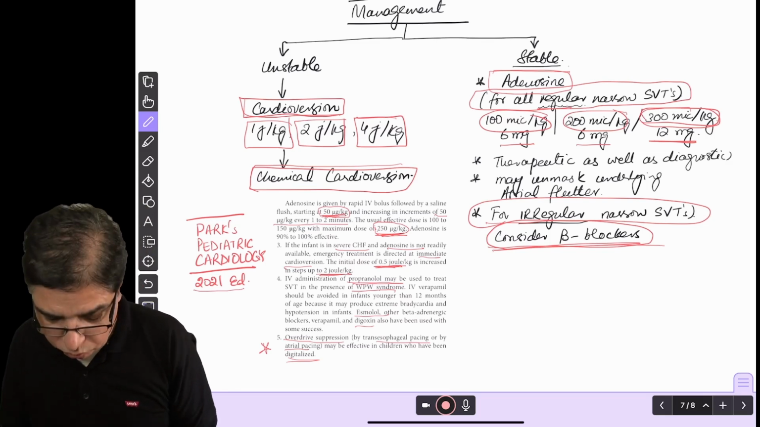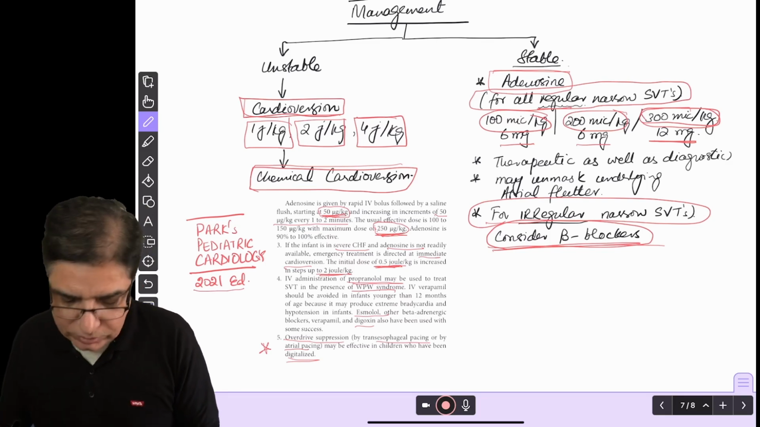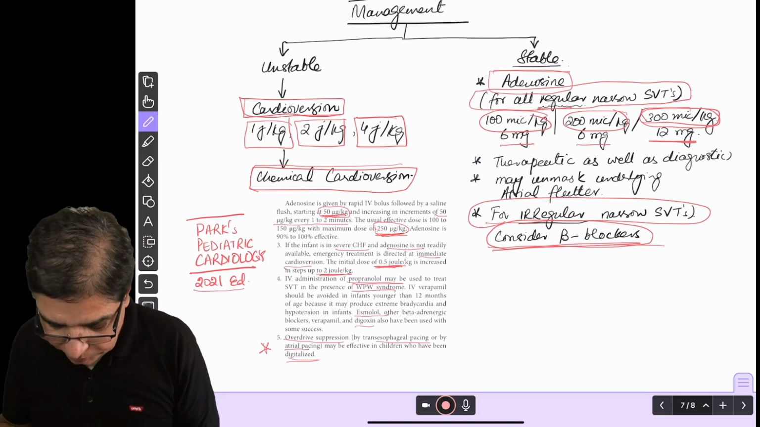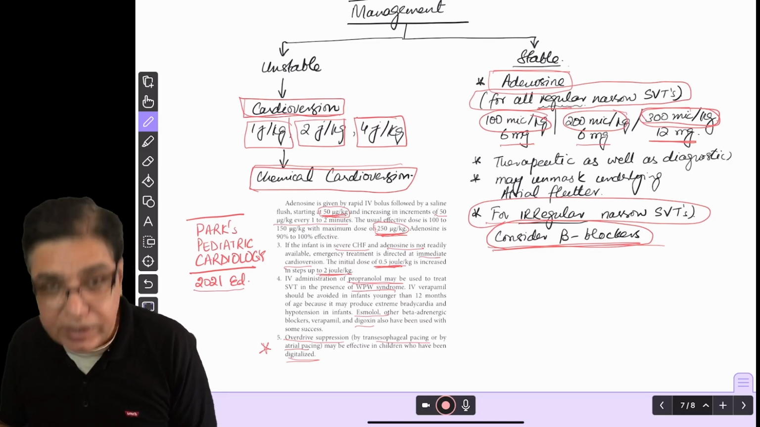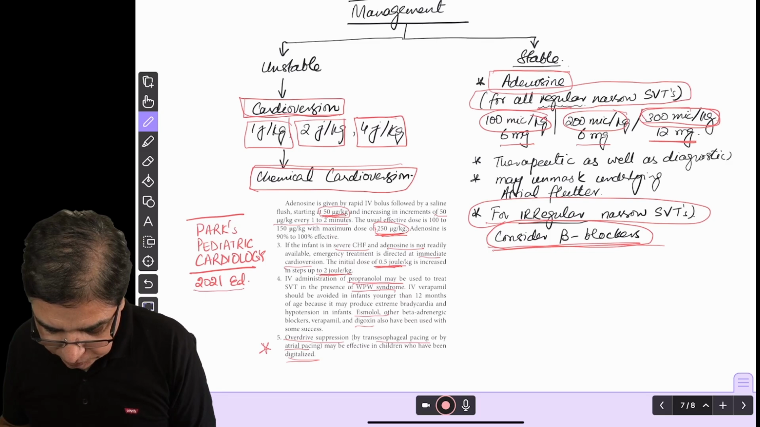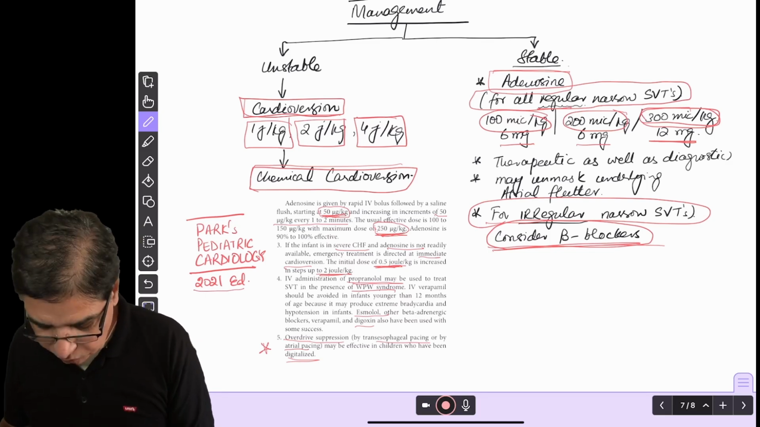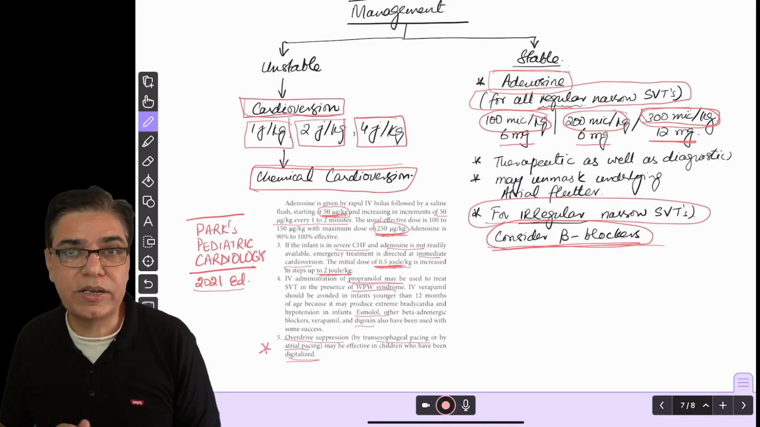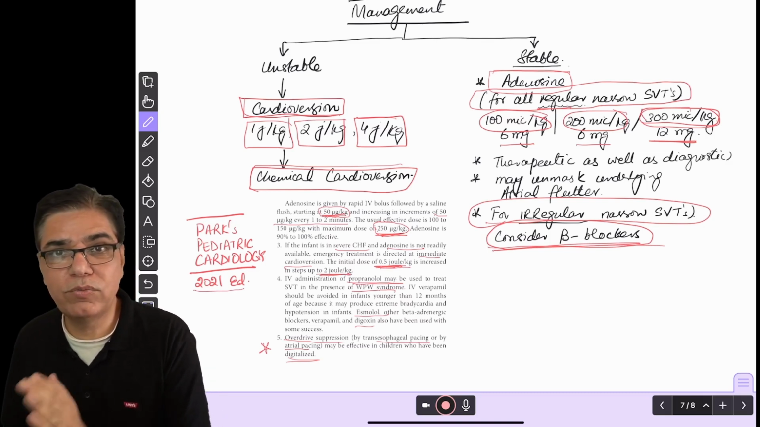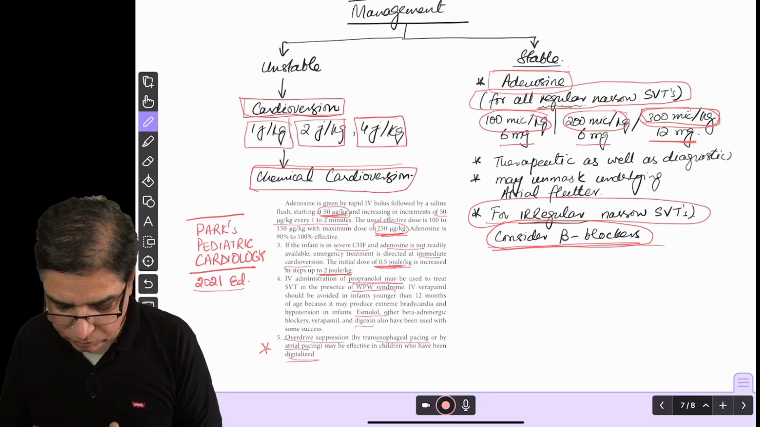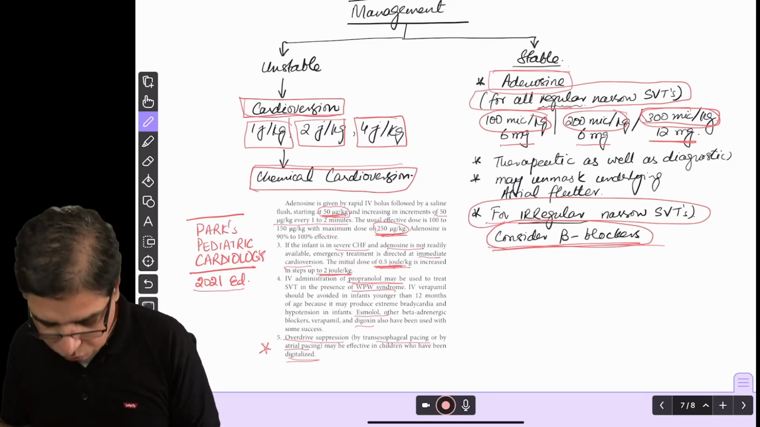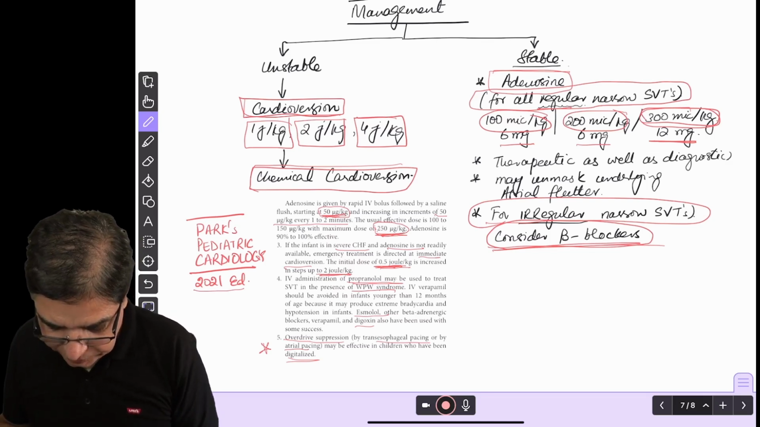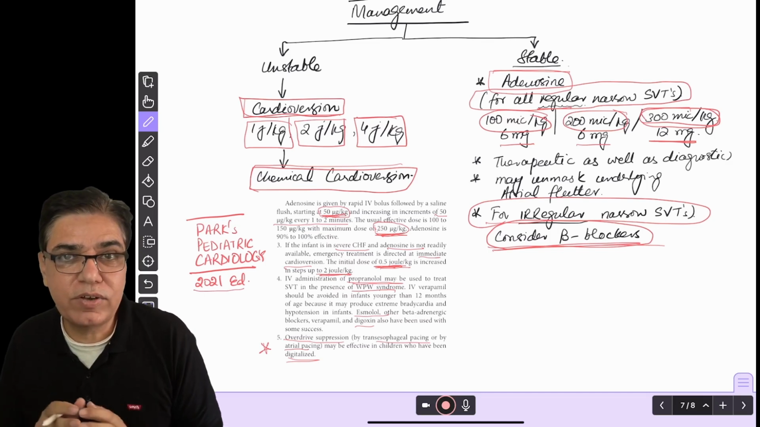Similarly, for those who are unstable or who cannot be converted by chemical methods, they recommend electric cardioversion, but here the dose is 0.5 joules per kg up to a maximum of 2 joules per kg. So instead of APLS's 1, 2 and 4, this one starts from 0.5 joules per kg and goes to a maximum of 2 joules per kg. And here, in irregular